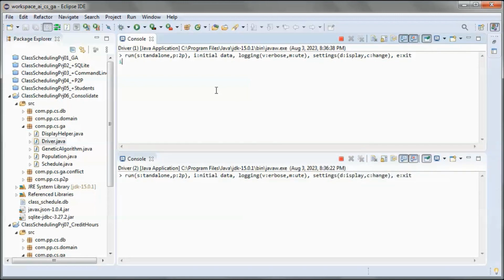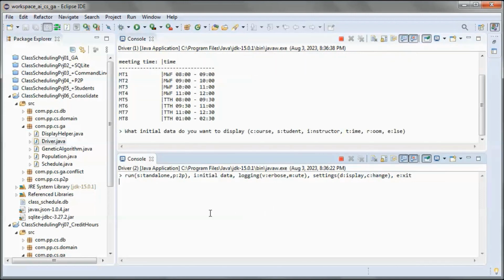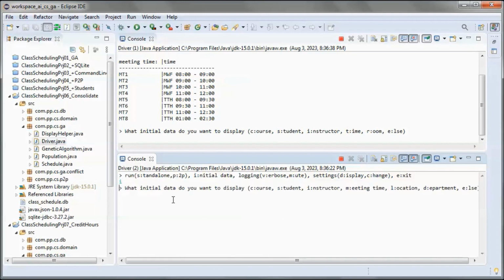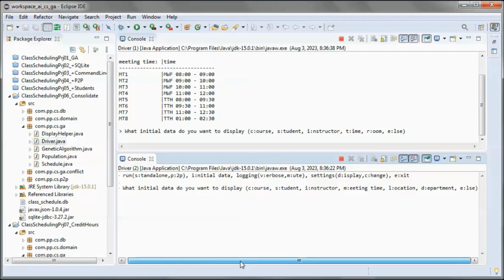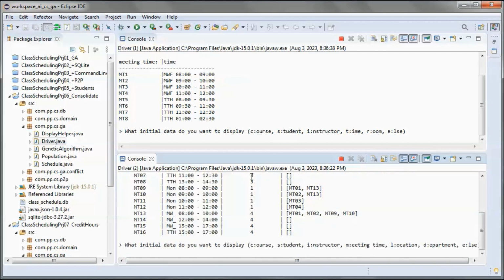So let's show the initial data here, the time data, and if we show the initial data in the new project, so the meeting time.